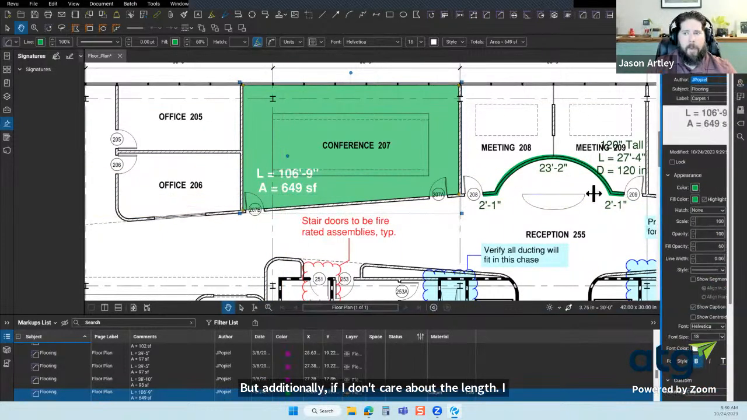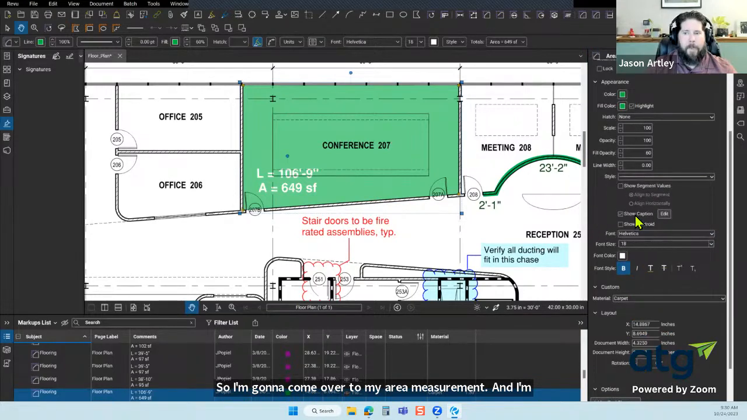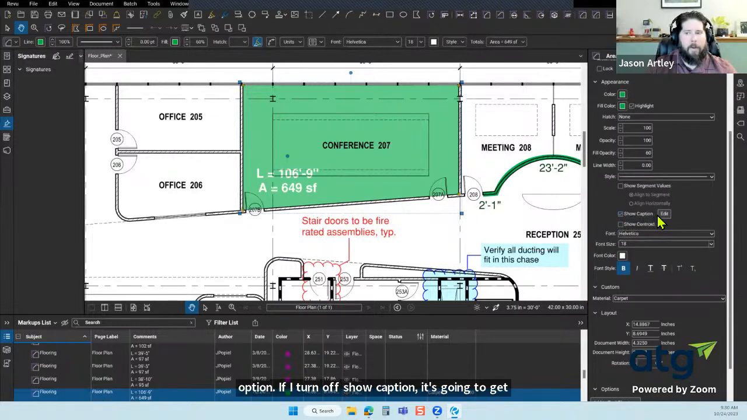But additionally, if I don't care about the length, I can go to my properties and turn that off. So I'm going to come over to my area measurement, and I'm going to go down to the bottom, midpoint I should say, and there's a show caption option. If I turn off show caption, it's going to get rid of that value completely. Now, to the right of that show caption is a button called edit. If I choose edit, it's going to allow me to turn off length,